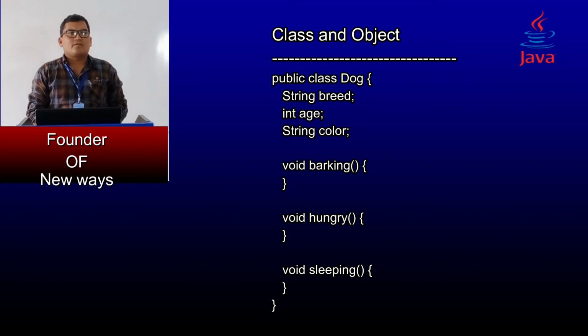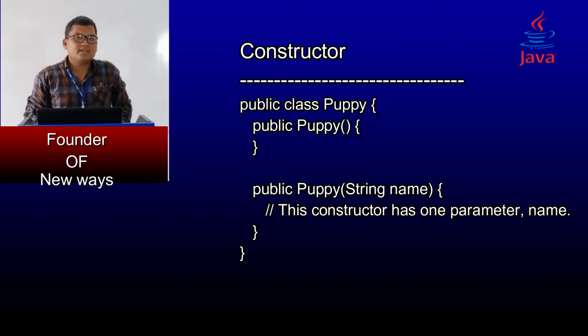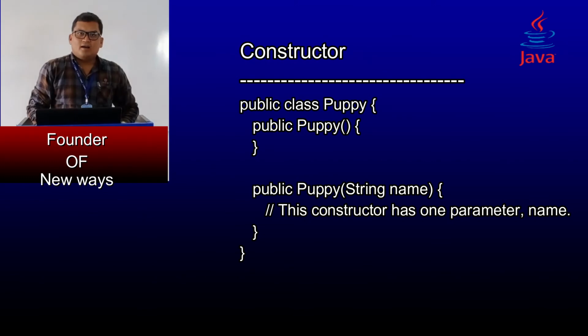Like a constructor. When discussing classes, one of the most important subtopics is the constructor. Following is an example of a constructor. You can see here there is a class Puppy and the constructor name is also Puppy. Okay. And this constructor has one parameter, name. Java also supports singleton classes where you would be able to create only one instance of a class. We have two different types of constructors. We are going to discuss constructors in detail in a subsequent video.